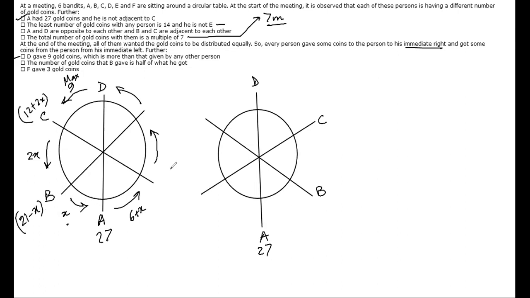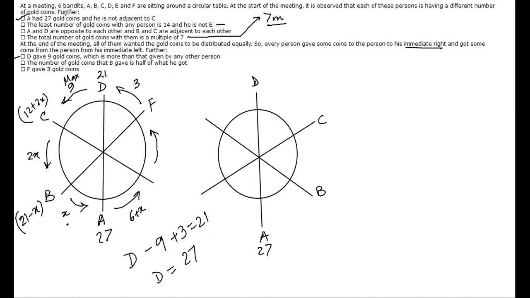Okay, now let's assume that this is F. It can be the other way around also. I don't know. Let's start this one as E, this one as F. Then what will be the case? F gave 3 and then D is 21. So what is D's initial value? That means D gave away 9, took 3 and is at 21. That means D's value is 27. Isn't it? 27 minus 9 plus 3 is 21.